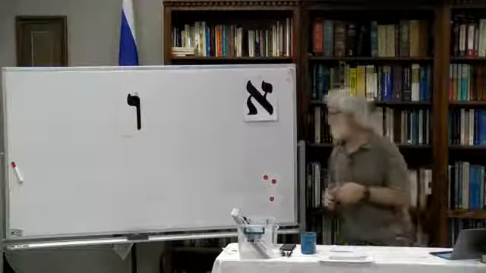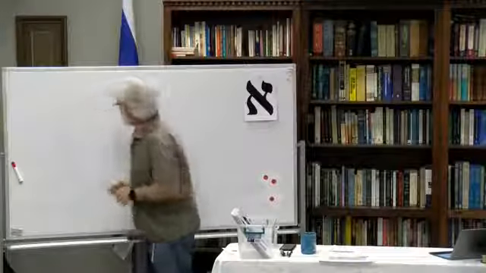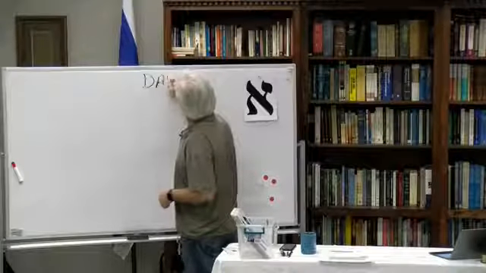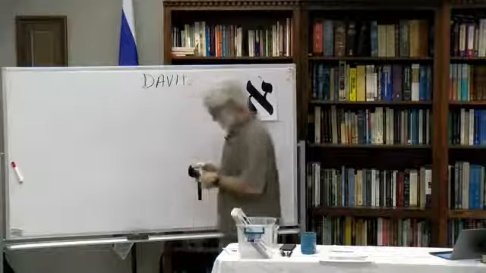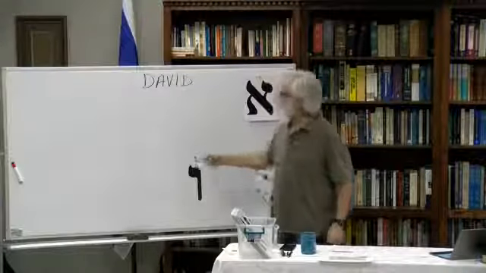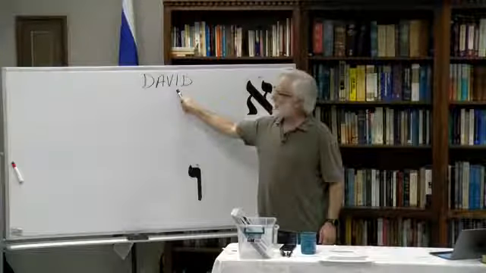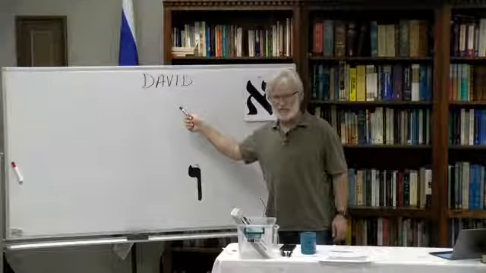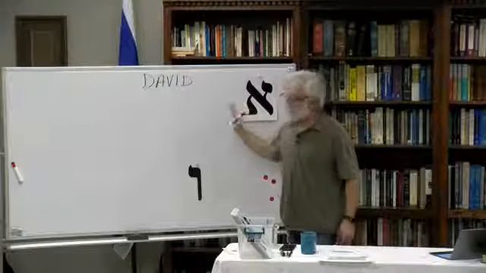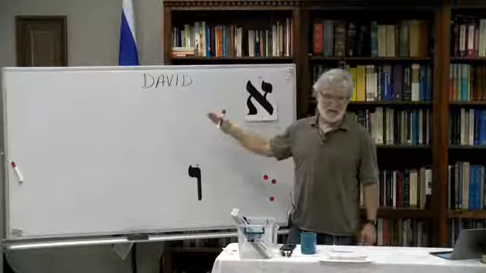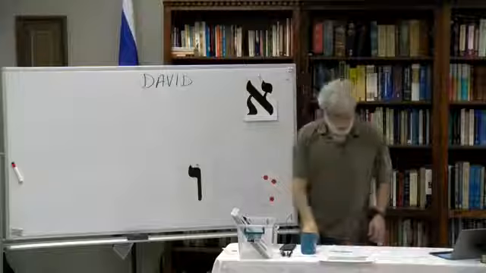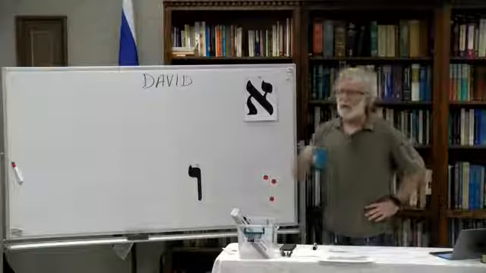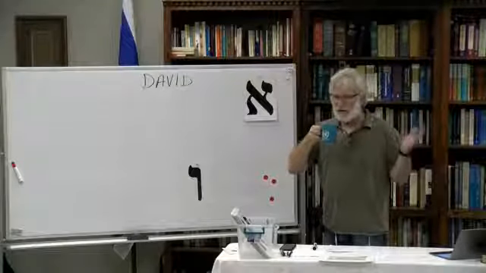So most of us know of the great King David in the Bible, okay? We know David, D-A-V-I-D in English. And if you will remember the previous teachings, when I'm representing in English letters a Hebrew word, this would be called transliteration. It's taking a word that's in one language and representing that word with the letters of another language. So what I want to do, I want to tell you that the name David, according to the Hebrew Bible, if you do a search for the number of times it occurs,